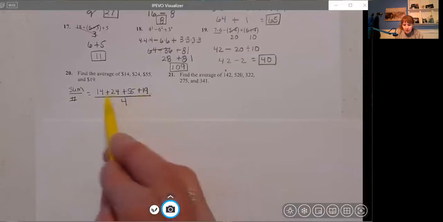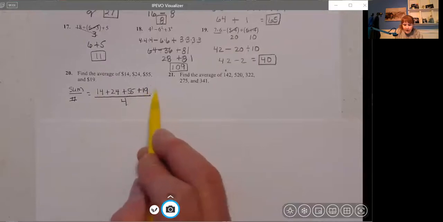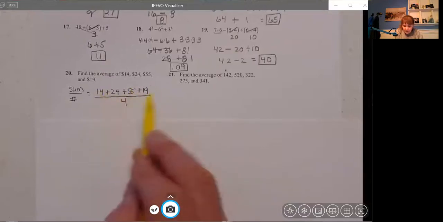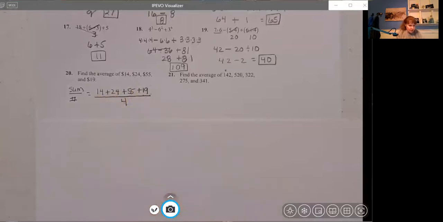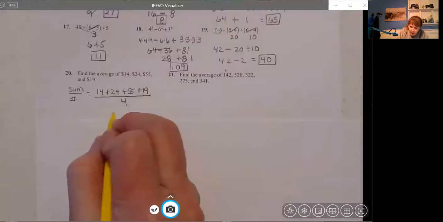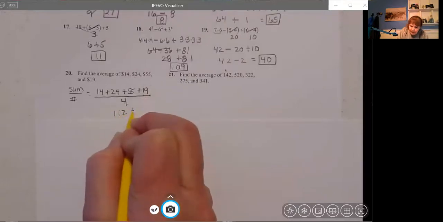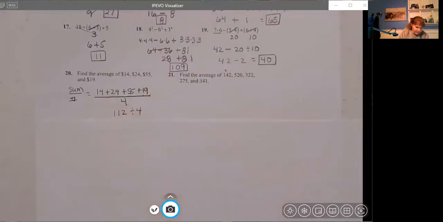So you need to make sure that you either have a key that will separate it like this, or you add these together, which I'm going to do: 14 plus 24 plus 55 plus 19, that you take 112 divided by 4, and you